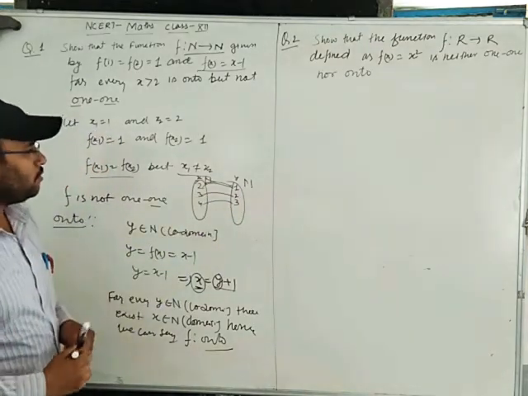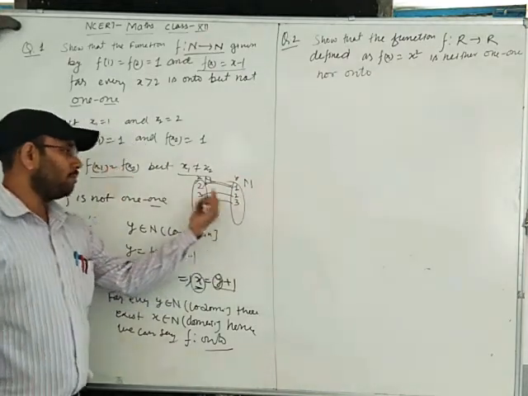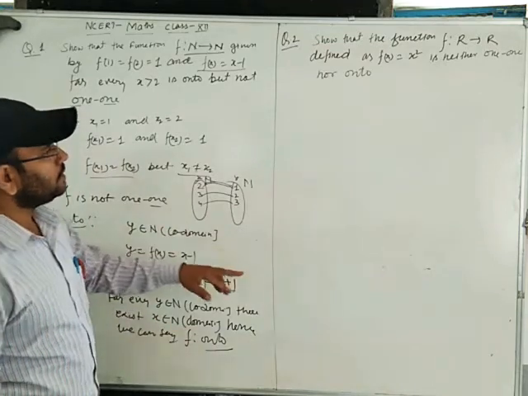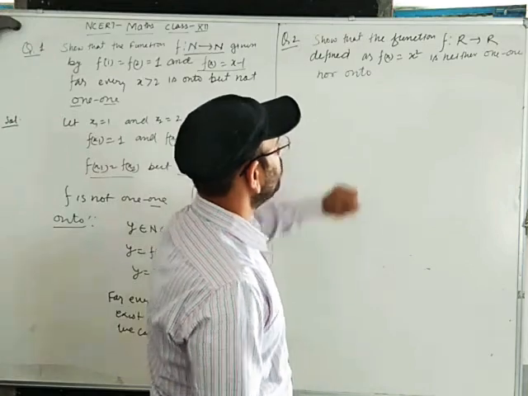So what is the definition of onto? For every element from the codomain you must have a pre-image in the domain. Clear? So I hope it is clear to you. We move to the next question. In that next question, show that the function